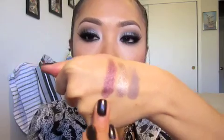And then I picked up, which one is this? Oh, this one is Pomegranate Punk. And I actually wore this the other day. It was super pretty. I popped on MAC's Cranberry eyeshadow on top of it, and it was gorgeous. But see, it's still chunky. But that's Pomegranate Punk. Then I also picked up Fierce and Tangy, which is the orange color